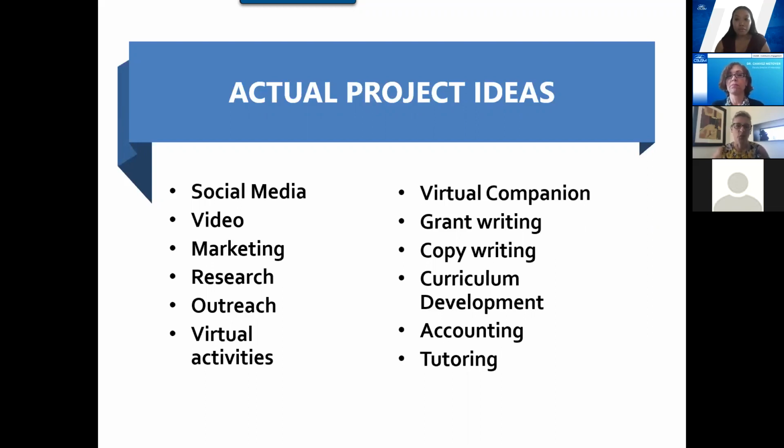For example, we have some education companies doing virtual tutoring, and once things get back to the way they used to be, this is still something companies and clients are going to want. These projects are new, but I don't think they're going to go away.